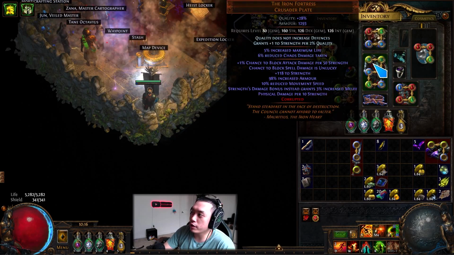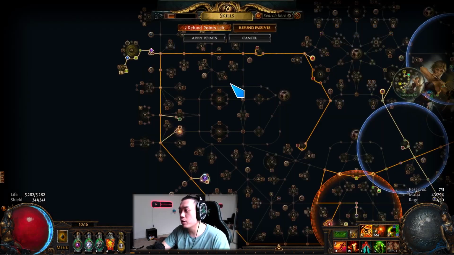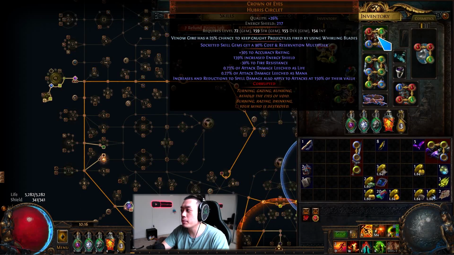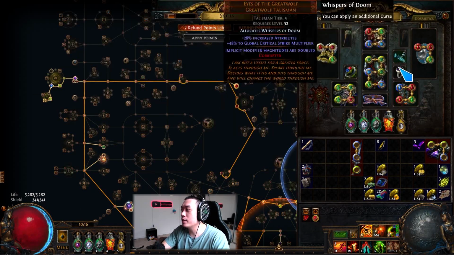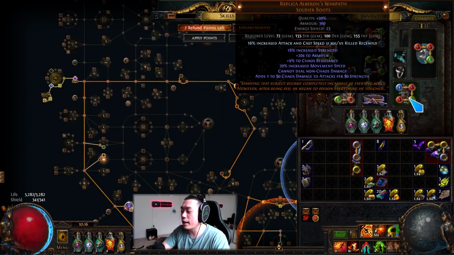So you have strength here on his chest, and then you have Crown of Eyes with Iron Will, which is on the tree now. This makes strength bonus damage applied to spell damage. So you get a bunch of spell damage from that, and it ends up being a pretty synergistic build. You can see here most of the items are not overly expensive. By far the most expensive piece is the replica Alberon's Warpath,